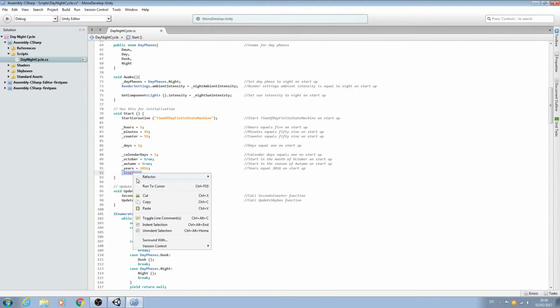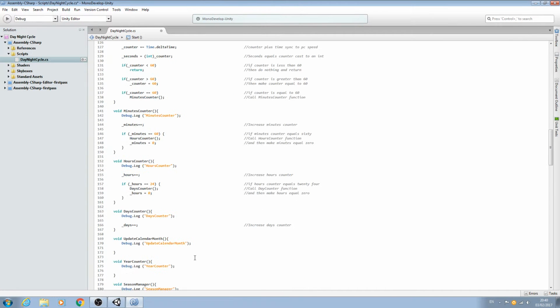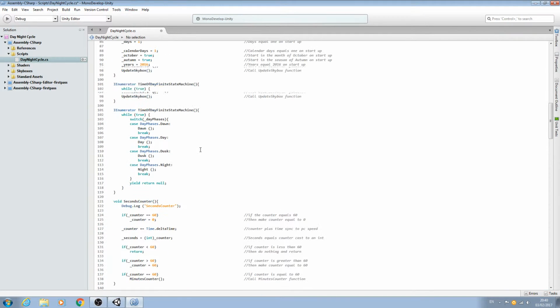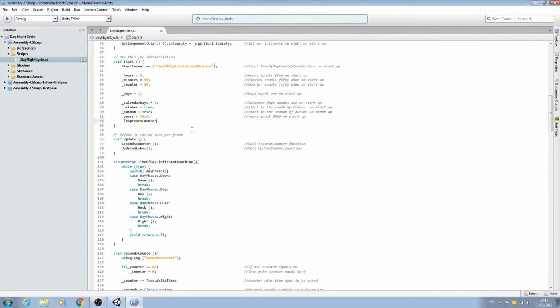And this will make more sense later on when we actually come to fill out the other functions. So please don't worry about it for now. But because I'm starting in 2016, I'm going to start it at equaling 4. Leap year counter